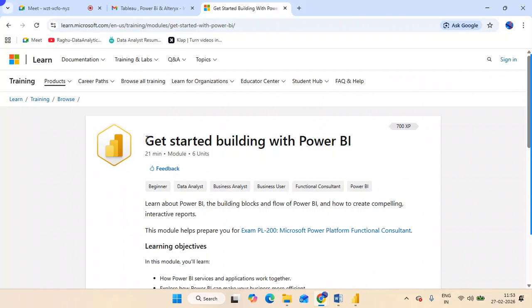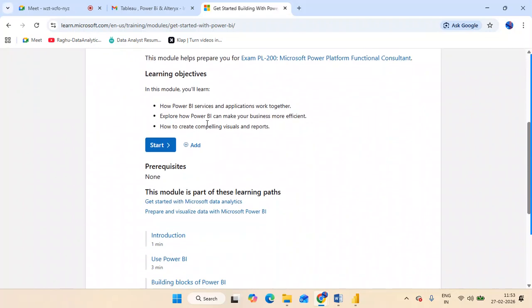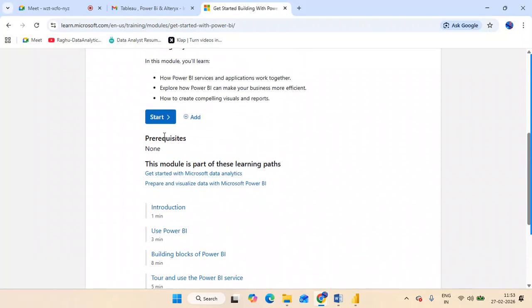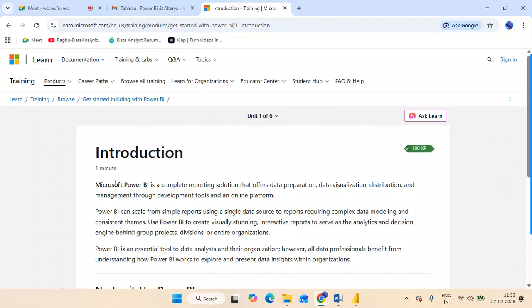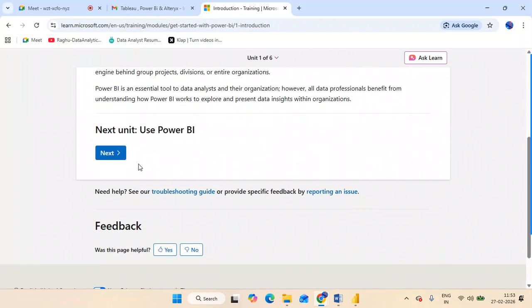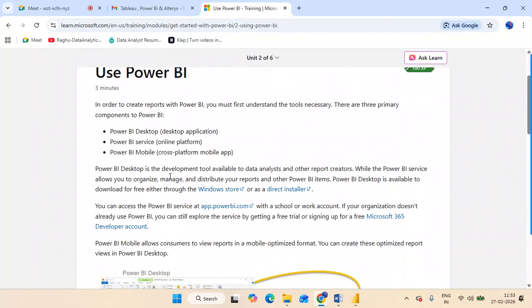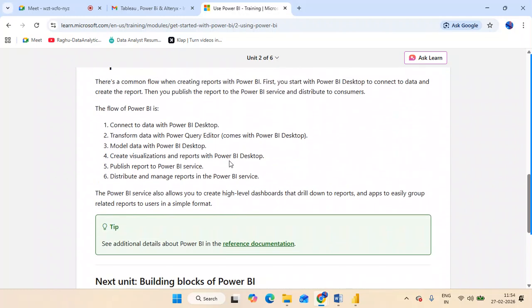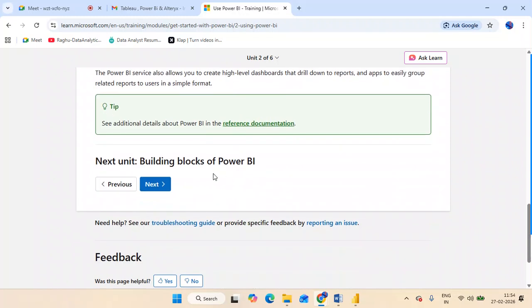See, this is completely free. All points, everything you can start, recorded videos are also available, and complete notes are available. We can copy and paste it, each step by step. We can take all the notes here: services, desktop, everything. It's completely free with examples and images. You can see what the components are for your desktop or query editor.